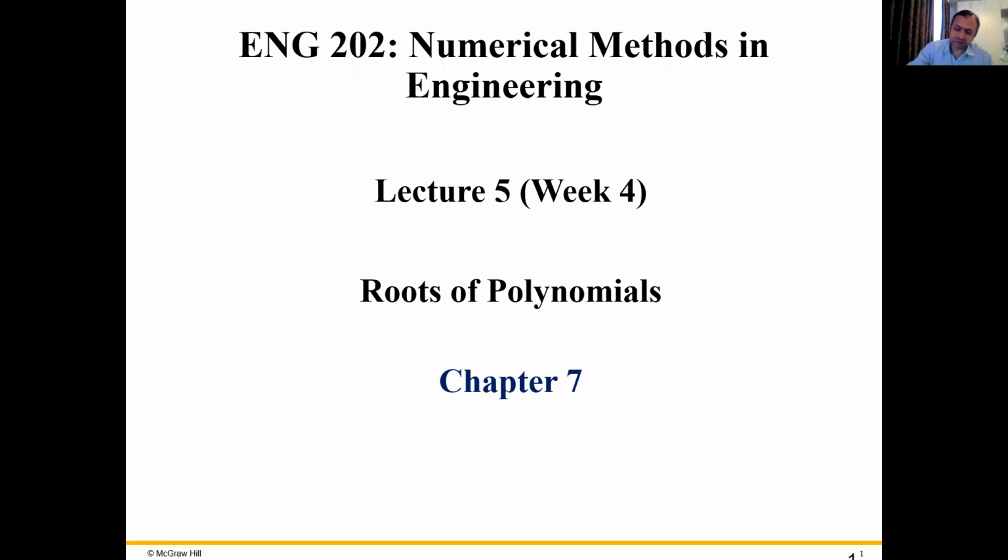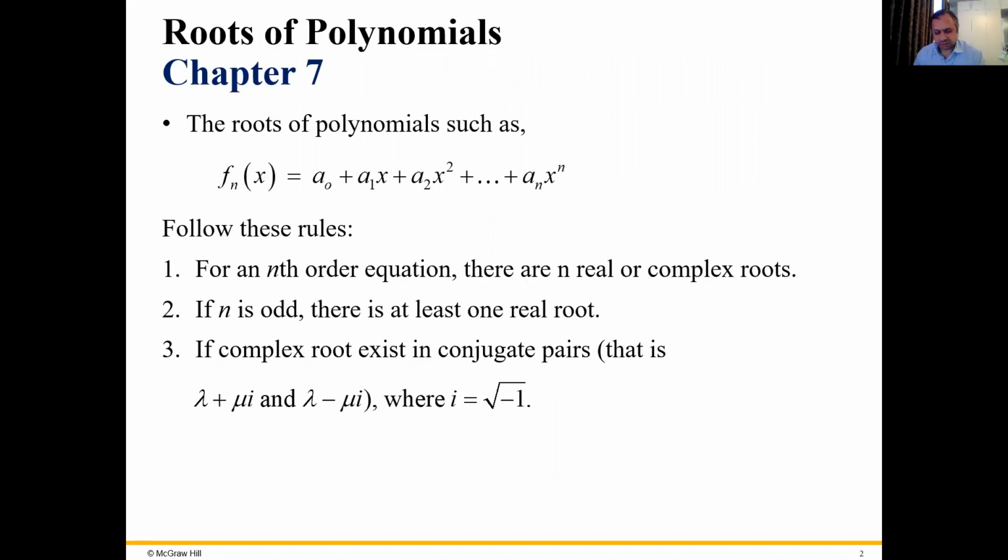Polynomials are some special kinds of equations in which we don't have any other functions such as sine x, cosine x, log x, or exponential power of x. The same methods which we have discussed previously can also be used for their solution as well. But because these equations have a specific structure,